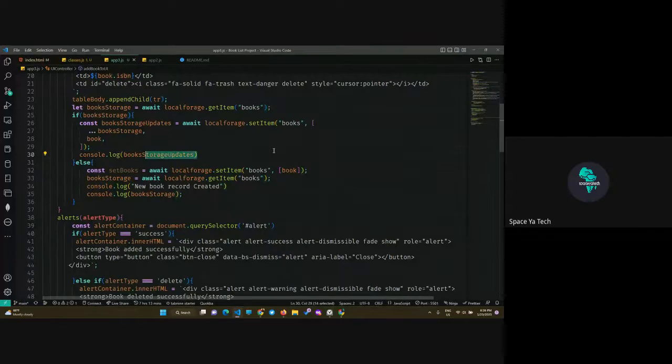Okay, so you know what is going on here. We have set a new item, and then it simply updates whatever values we had. It simply pushes a new updated array into the initial books store. Now we know for a fact that we have those books. We know they're being persisted to